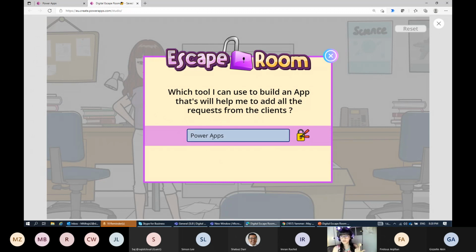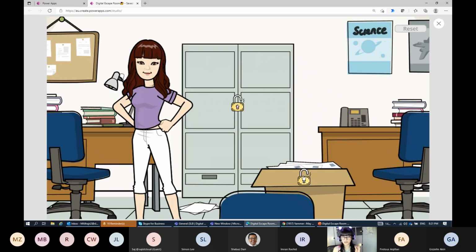Even if you want to make it more attractive, for example, here, maybe by mistake I put a space. So I don't know if it's a Power Apps, right? But this is the old name of Power Apps. I was supposed to put a space here. So if I answer it here, it will be a wrong answer. So how can I help the user to know what's wrong actually, or how many letters do I have? How many words do I have? You can add it here. So let me put a space. It's a correct answer. Now he solved it. It's stored in my collection, and now we are able to see this one.